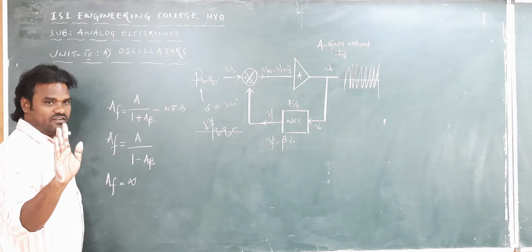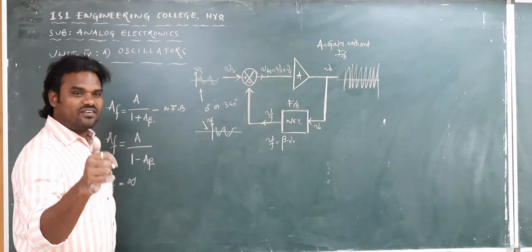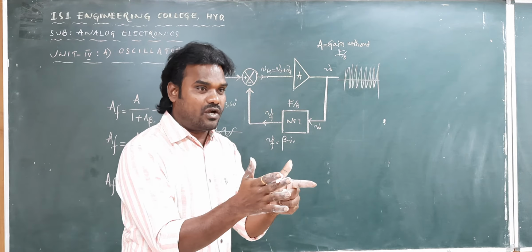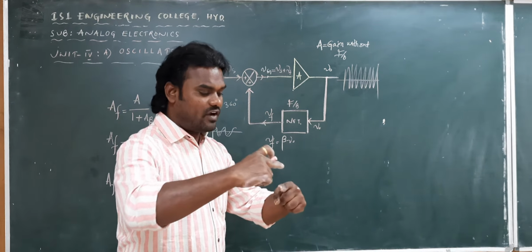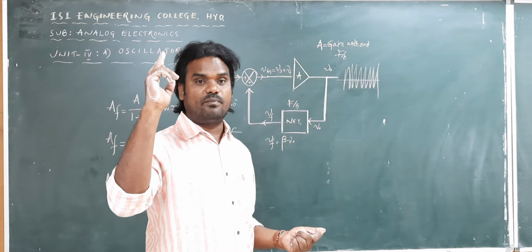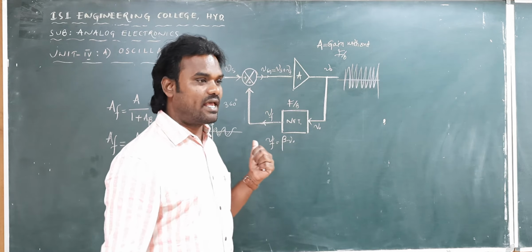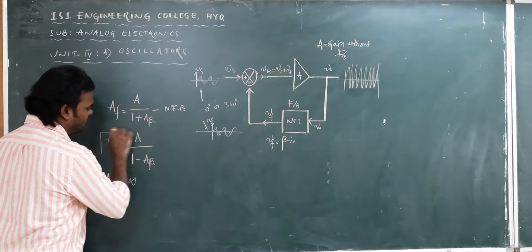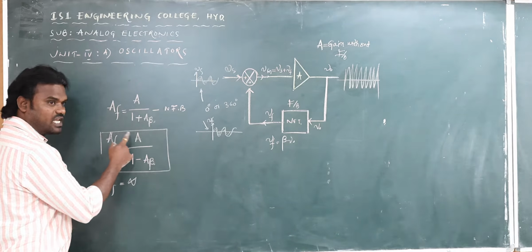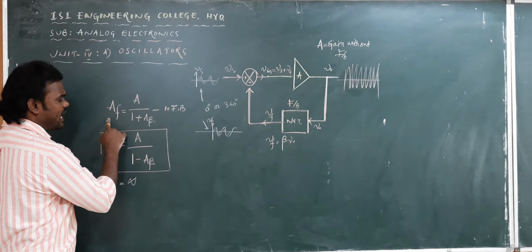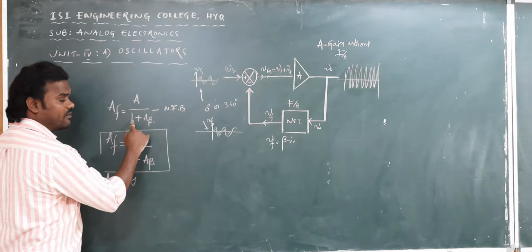Yes. I hope I am very clear that in case of negative feedback, gain will be less and it will be controlled. In case of positive feedback, Vout increases and it will be infinite at one particular point, and that point is named oscillations. And the gain is infinite, and the gain of the positive feedback amplifier is given by AF is equal to A by 1 minus A beta, whereas negative feedback, AF is equal to A by 1 plus A beta.